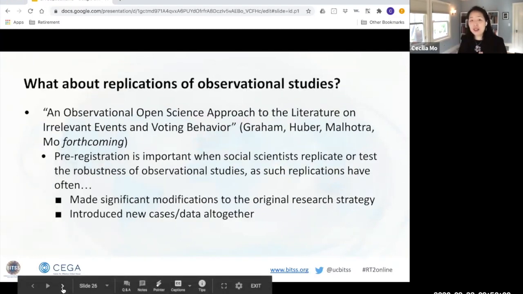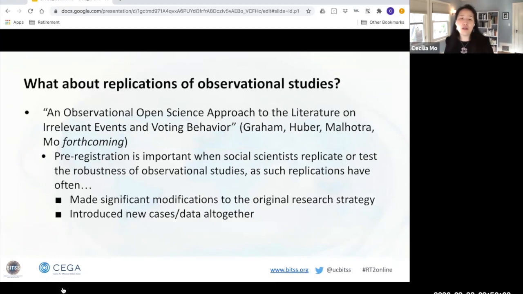So I'm going to share just a little bit from forthcoming work in the journal Politics that I did with some colleagues at Yale and Stanford to think through an observational open science approach. But here it's really looking at studies around replications, right? So